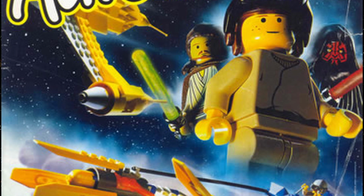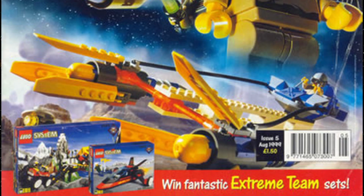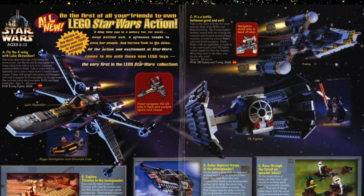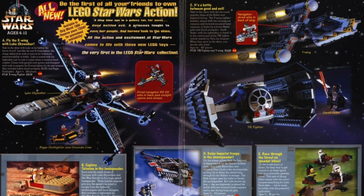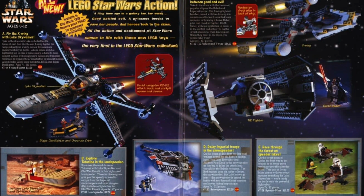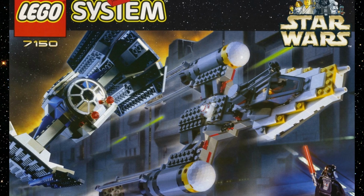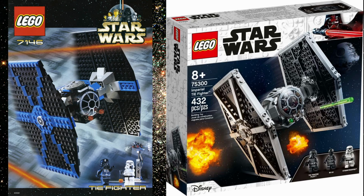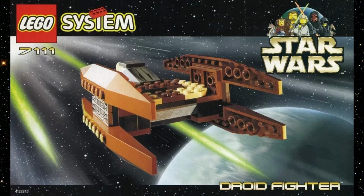staple of the company. The first wave of Star Wars sets provided fans with a handful of sets for the Phantom Menace, as well as some of the most iconic vehicles from the original trilogy, like Darth Vader's TIE Fighter and Luke Skywalker's X-Wing. In hindsight, many of these builds are recognized as overly blocky and quite messy, with their splotches of random blues, yellows, and reds, especially in comparison to the highly refined LEGO models of today. But for the time, these sets were cutting edge, providing fans with a plethora of newly molded pieces like this